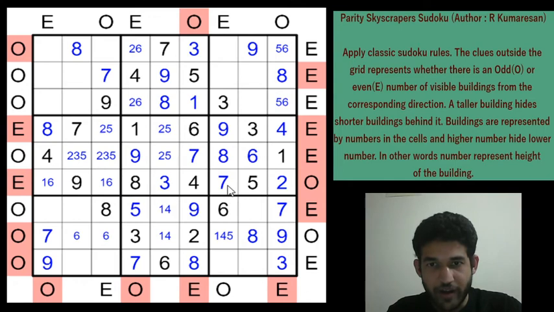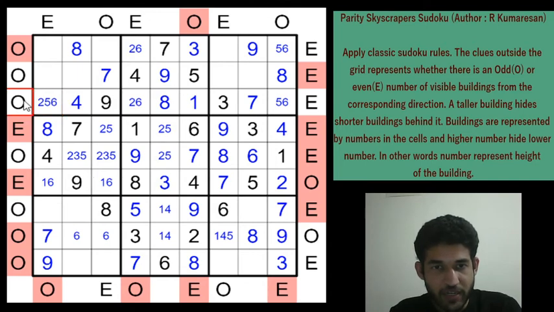Okay, alright, we could have placed the 7 here, right? I thought we have placed all the 7s, but there is one 7 left. So now we have placed all the 7s, all the 8s and all the 9s. So if you look along row 3, since we placed the 7 just now, the remaining digits are 2, 4, 5 and 6, right? But 4 can't be here, and there is no 4 pencil mark here, so 4 has to go in row 3 column 2, and this digit will be 2, 5 or 6, right?